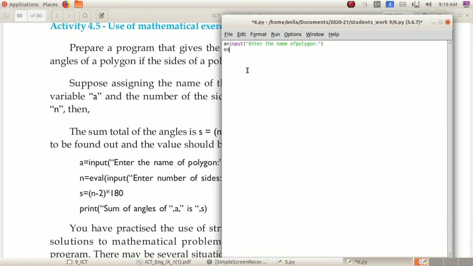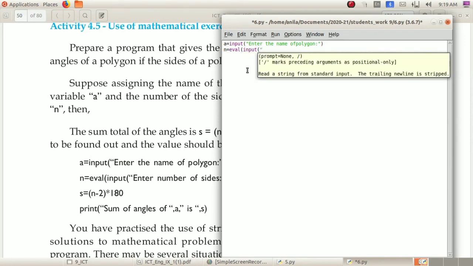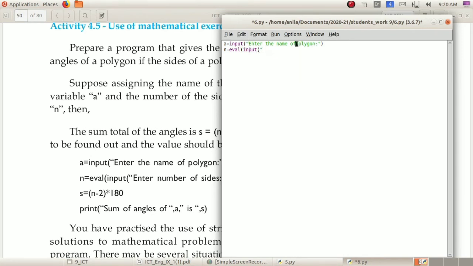So N equal to evaluate of input of. Since it is a digit, that's why we are giving evaluate of input of. In the first line you don't want to get a digit, so we can directly give input of. Here we want to save the input as a digit. So evaluate of input of, enter the number of sides. And put a colon and close the bracket.